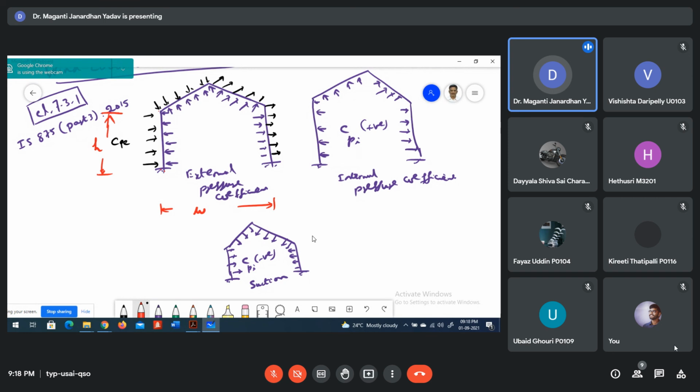Because I was on medical leave for almost a month, I could not complete in time. This is the first time in my service I could not complete in time. Prestressed concrete was simple, so I was able to cover that fast, whereas this requires a lot of codal provisions and steel tables. That's why I had to teach a little slowly. But as far as the exam is concerned, you don't have any problem with whatever I have discussed till now. You do practice by taking any textbook.